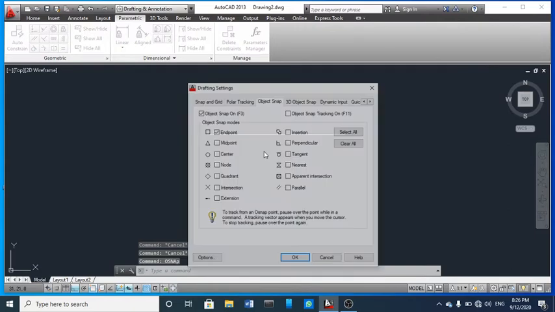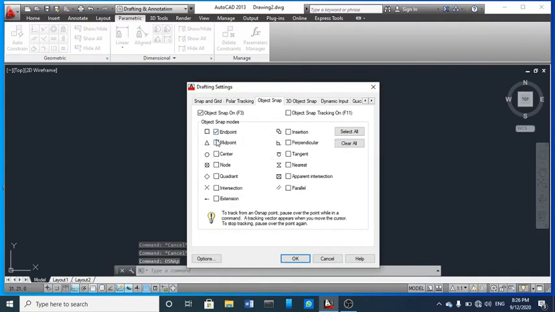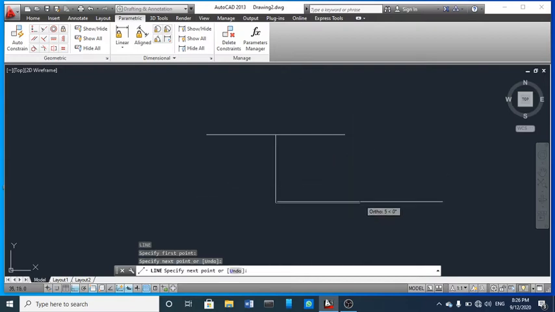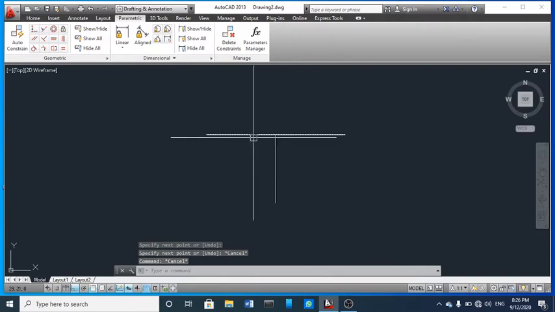If you choose, apart from endpoint, if you also want to use midpoint, then next time you can see on the same line a triangle. So you can use this when you draw a line through the end, and as well you can see this is the midpoint as I told you. So this time I have already chosen endpoint as well as midpoint. So you can draw any line to the midpoint. Now this is endpoint and this is midpoint.